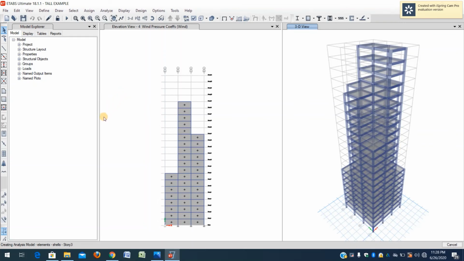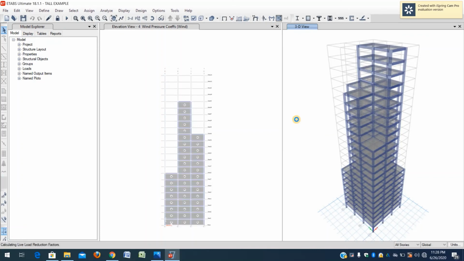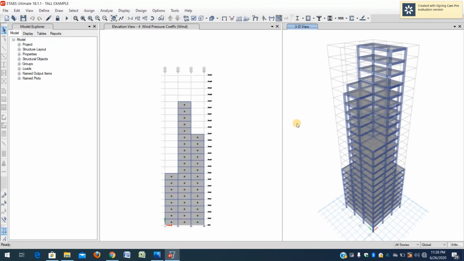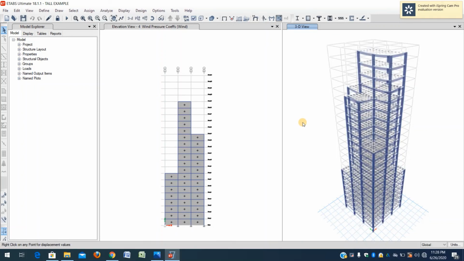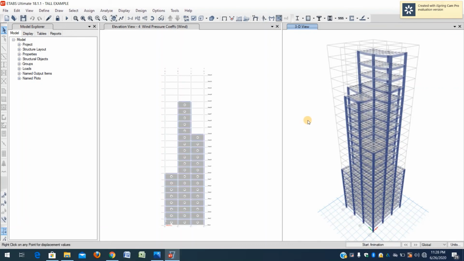You need to upgrade your RAM before you use ETABS software for smooth performance. Right, the analysis has been completed successfully.